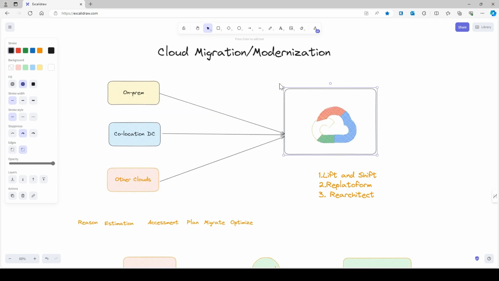So you are already leveraging modern technology, and your infrastructure is already modernized using the lift and shift strategy. But